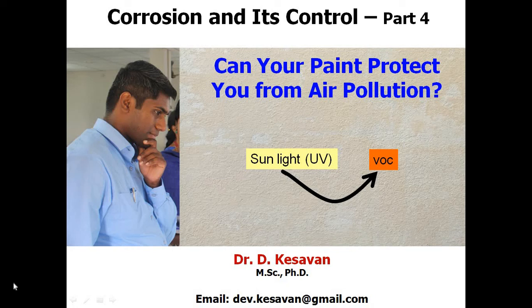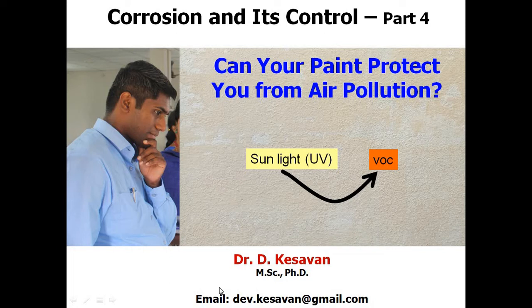Back to the lecture series on corrosion and its control. In the previous videos, we have discussed what is meant by corrosion, what the process of corrosion is, how it happens, and what the mechanism of corrosion is. And then we discussed the different factors influencing corrosion. Then we also discussed the classification of corrosion, different types of corrosion, wet chemical corrosion, dry chemical corrosion, and we also discussed some of the commonly available examples.